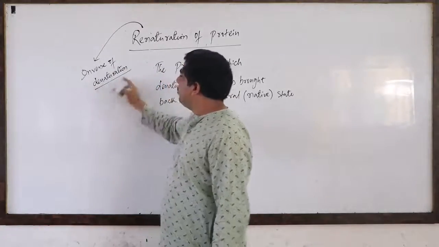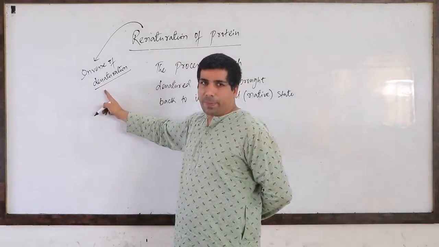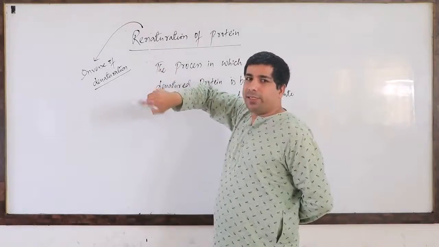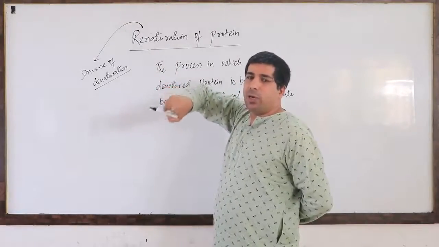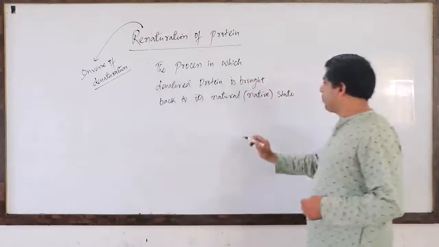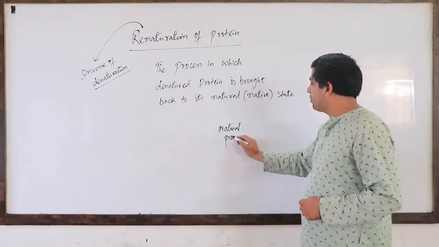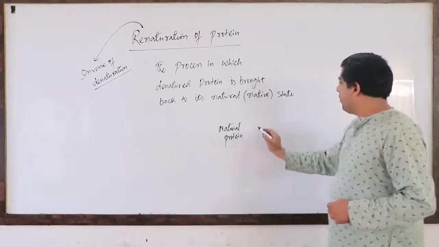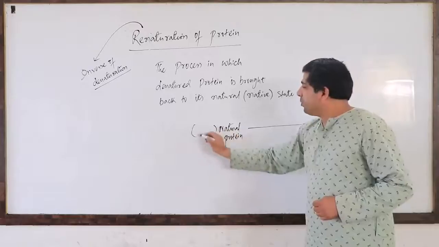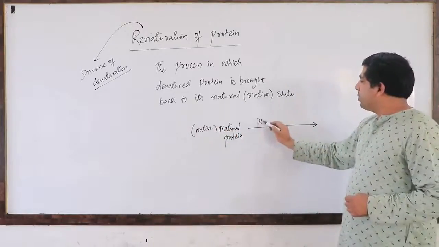In denaturation, you are destroying the quaternary, tertiary and secondary structure of a protein. But in renaturation, you will be reforming again the secondary, tertiary and quaternary structure of a protein. So it's a reversal actually. If you look here, if we have a natural protein with us, and for this natural protein, we can also call it a native protein, if I do its denaturation,